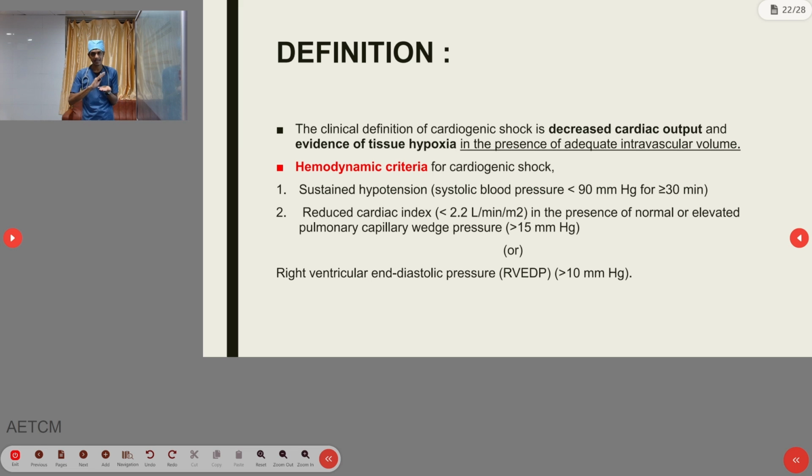So there is no failure in the content. So what are the criteria? Mainly this will be diagnosed inside the hospital. If the person has sustained hypotension, systolic blood pressure less than 90 mmHg for more than 30 minutes, reduced